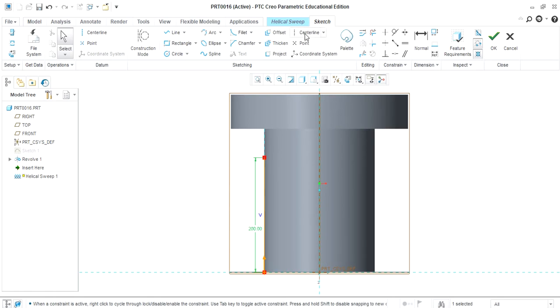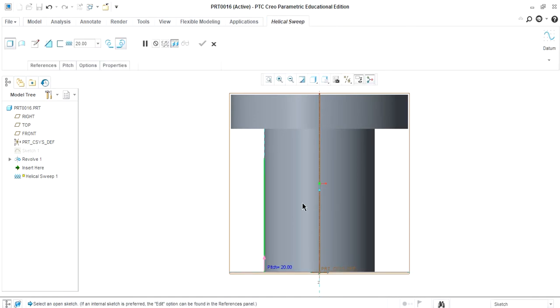Here, draw one center line for the reference, then click on OK. Here, we will get the thread dimensions up to 200 mm. Then go to the sweep section, create or edit sweep section.